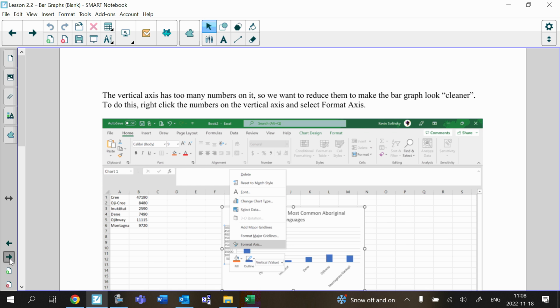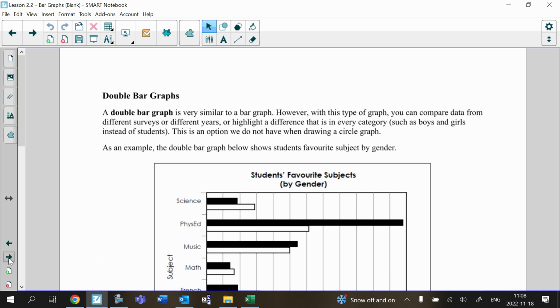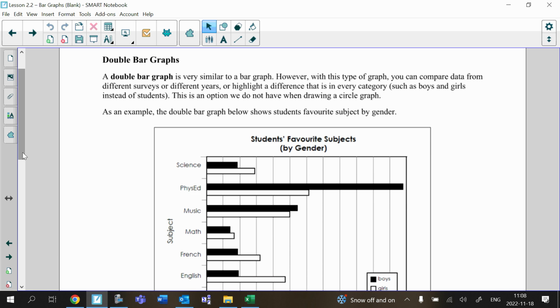I see. Okay, so that's it for the laptop for today. So let's go back to the exercise. I just want you to, sorry, the lesson, thank you. The reason this lesson is so long is because I've also given an example and instructions on how to do a double bar graph